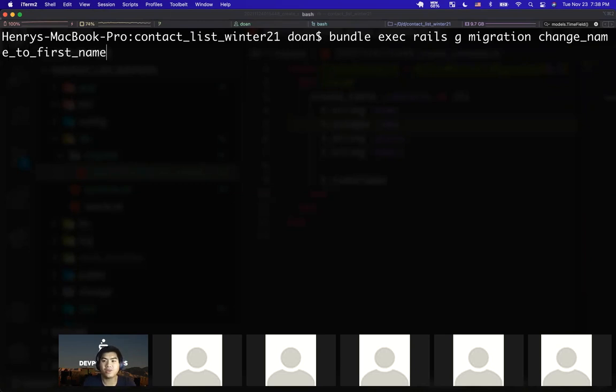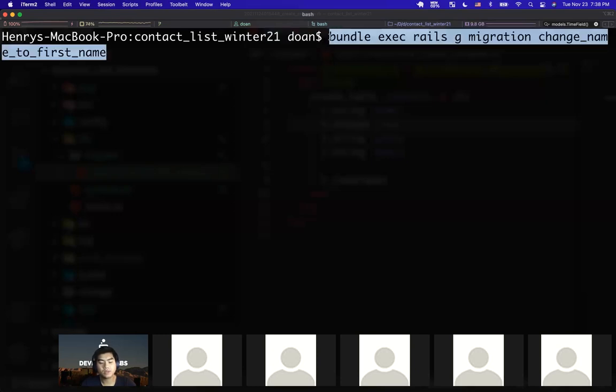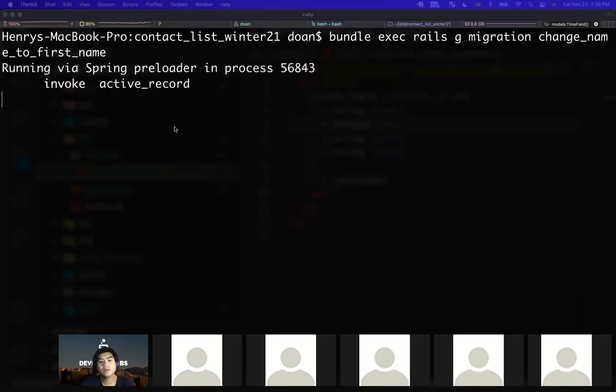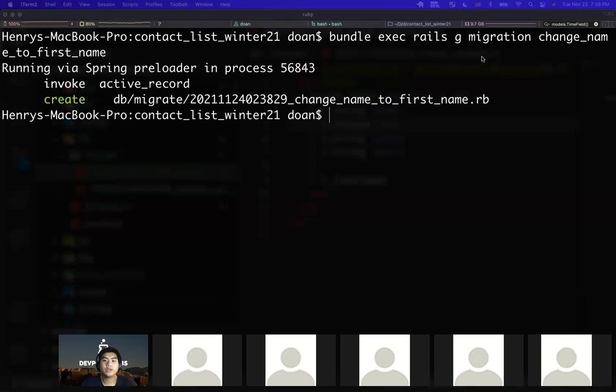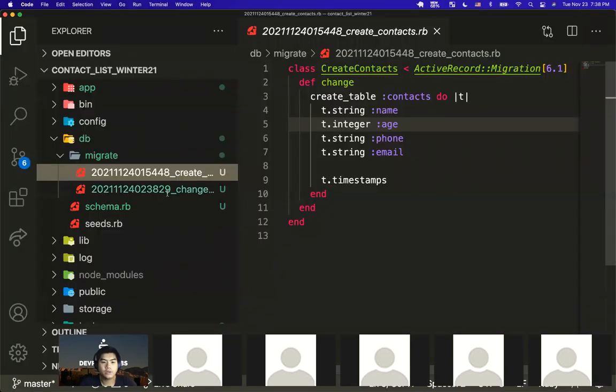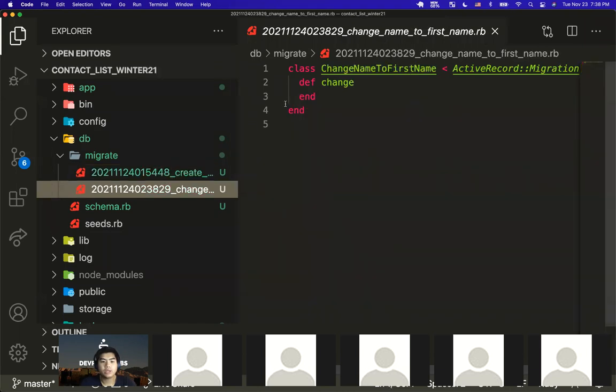So be very specific with the migrations, so when other developers take a look at it, they know exactly what this migration is doing. Go ahead and run this command. I'll select this out real quick. And this will create a new migration file. We are going to fill out that file. Depending on what it is that you are doing, you need to create a migration for that. Any changes that you want to do within your database or within your table, you need to do via migrations. So here within that particular file that it created, it's inside of db/migrate, with the timestamp,